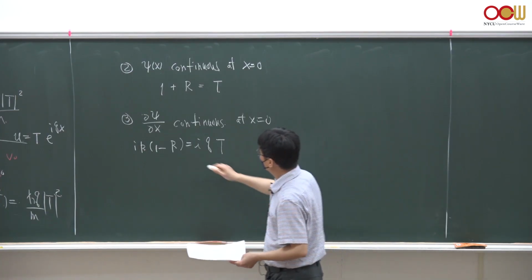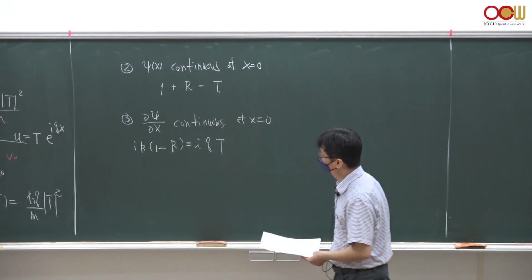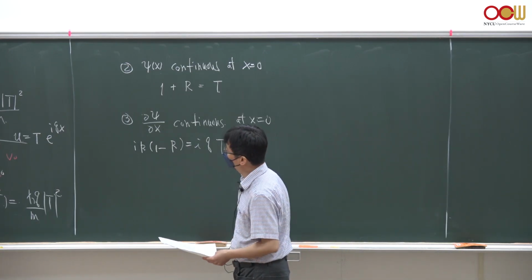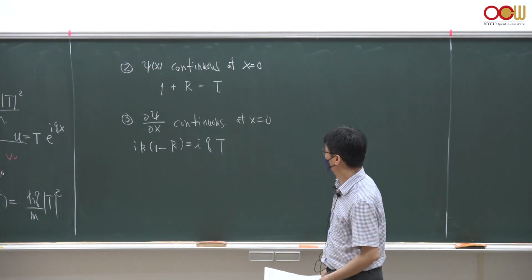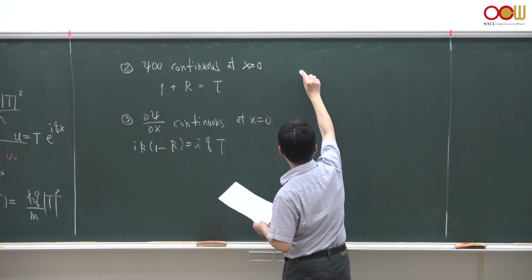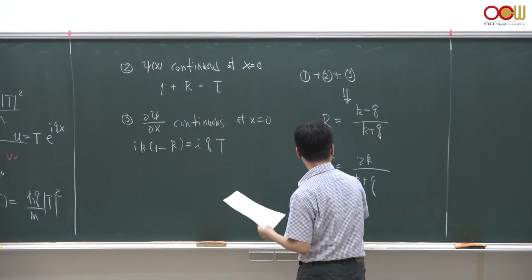You just take the differentiation of psi with respect to x on both sides of the potential step and make it equal at x equals 0, and you get the third condition. So from the three conditions, you can easily solve for R and T. So this is the solution,